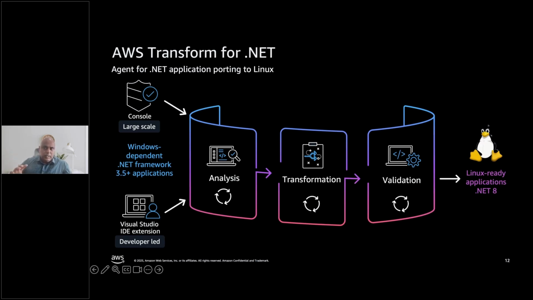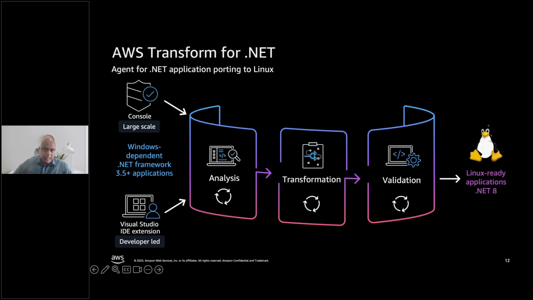And so it goes through three broad stages. One is the analysis. We identify whether it is a repository or a solution from within Visual Studio. We do the analysis to identify dependencies, any missing dependencies, and projects that we have to order. And then after we do the analysis, we get feedback from customers, and they provide direction on what we want to transform. We use that information.